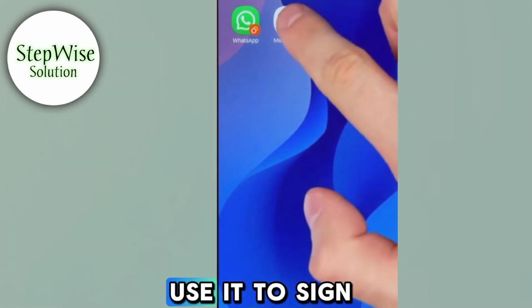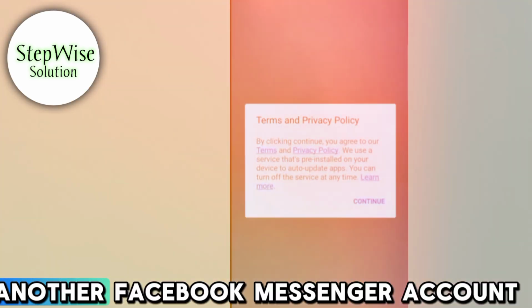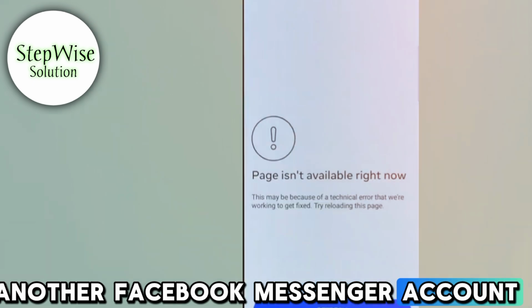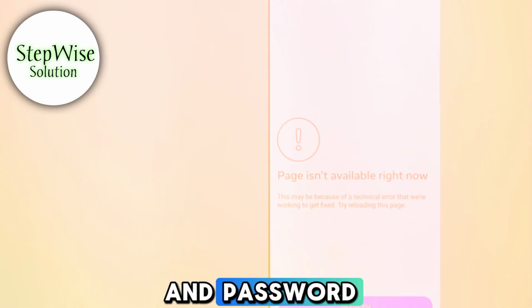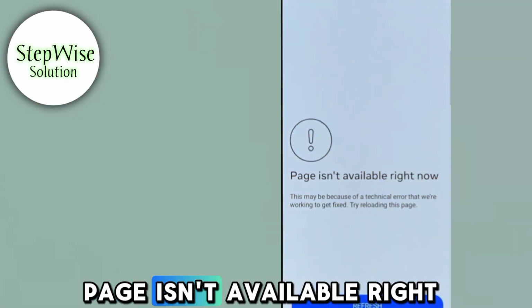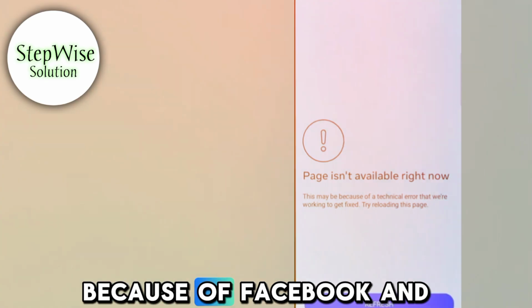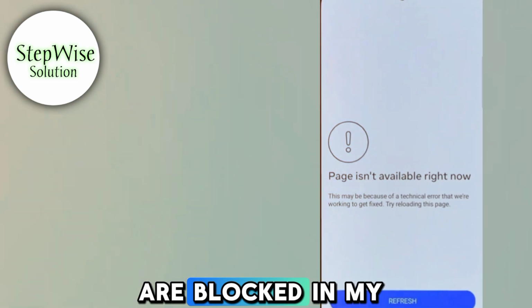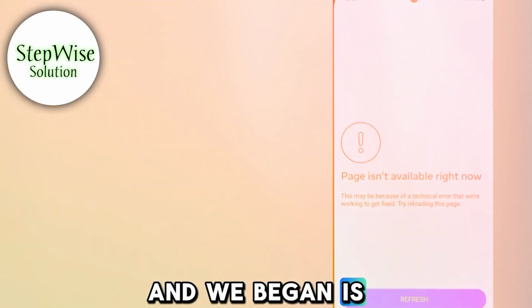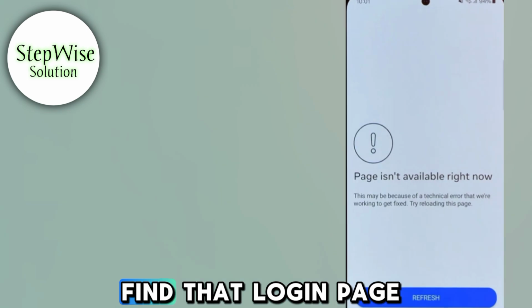Then we can use it to sign into another Facebook Messenger account. On the next step, you just need to enter your phone number. It shows me that the page isn't available because Facebook and all Meta products are blocked in my country, and the VPN is turned off. But here you will find that